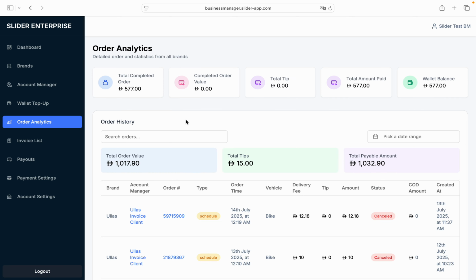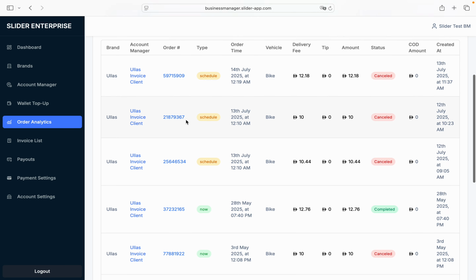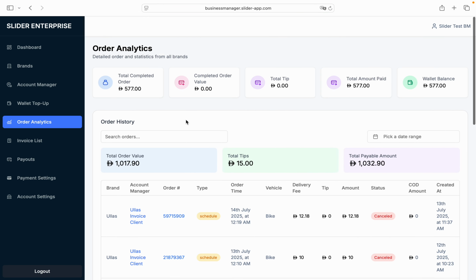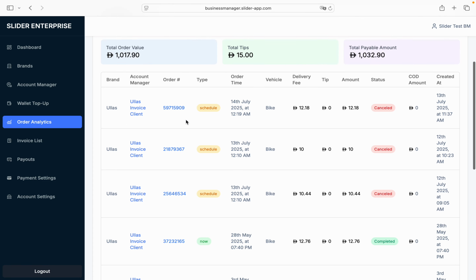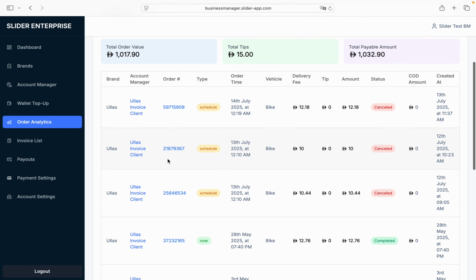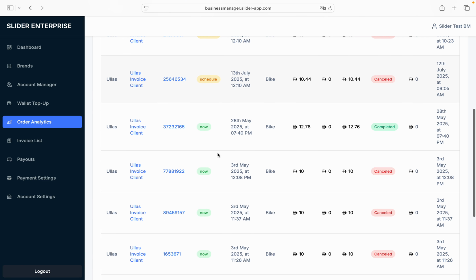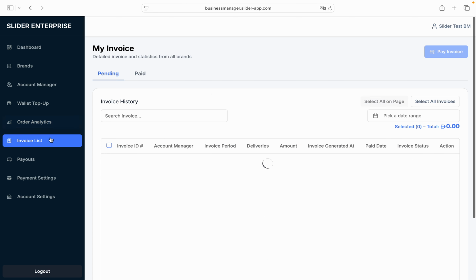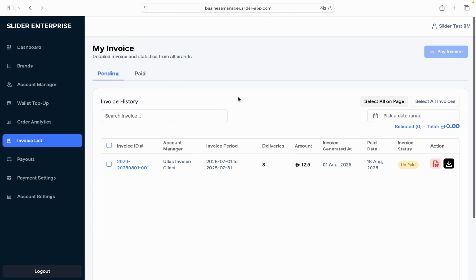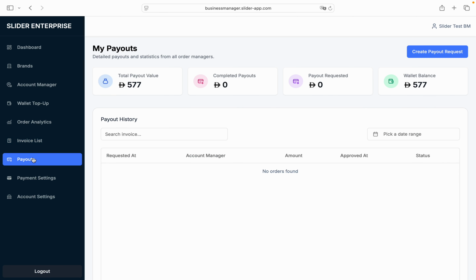You have another option which is order analytics. All the orders placed under any location will be added here, and you'll be able to track and have more information on each single order as you go. Invoice list shows if you have any invoices that are unpaid or there's any invoicing agreement, you'll be able to see more details here. Payout, it shows